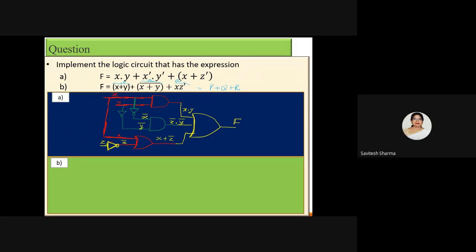So the first term is x + y. Again, we will draw the 3 lines based on the number of input variables required. You see that 3 variables are there, x, y, z, and only the z variable requires a complement. So I will draw an inverter only for z, and we will generate the complement only for z. For the rest, there is no need to take the complement. So the first term is x + y, and plus means you will join with the OR.